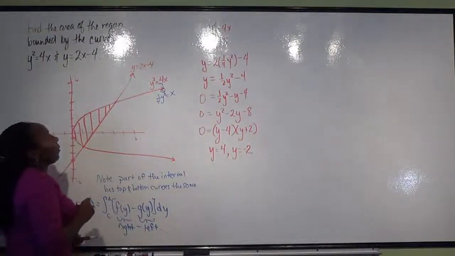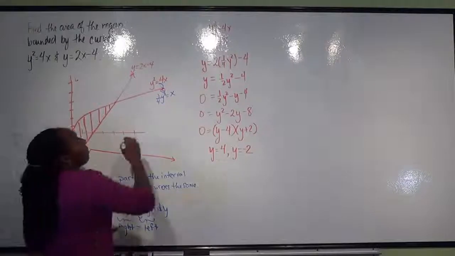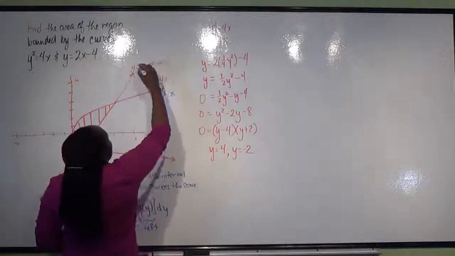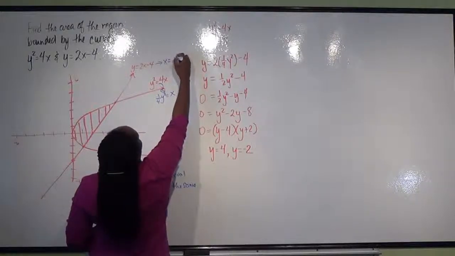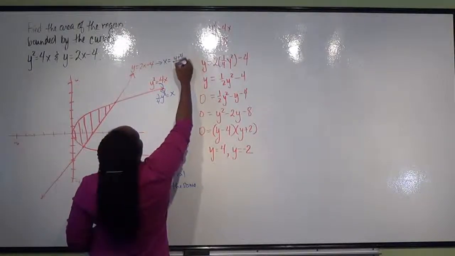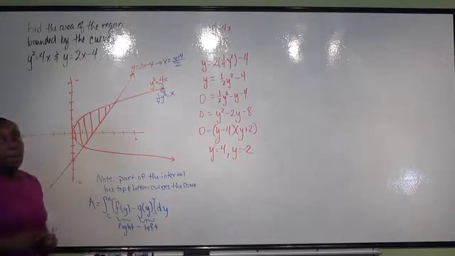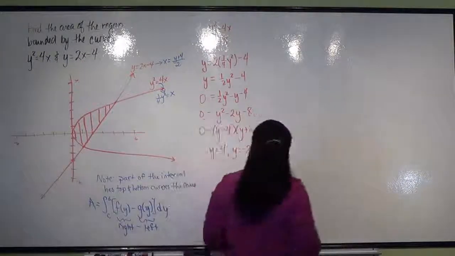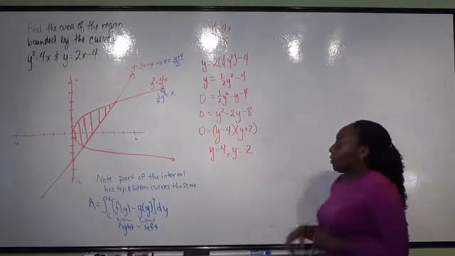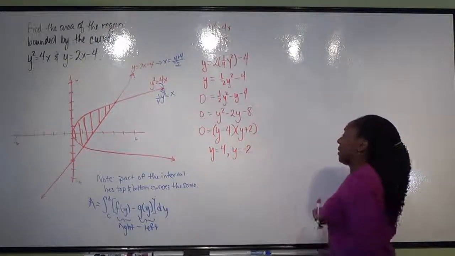This one, it's a linear equation, so again it shouldn't be too hard to rewrite. We can see that this one will become x equals y plus 4 over 2, or 1/2 y plus 2. Okay, so we're going to use those as our f and our g,